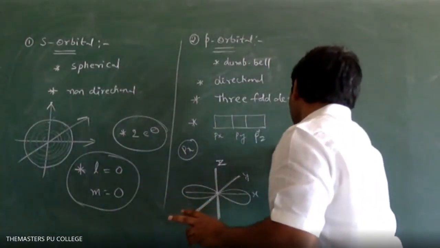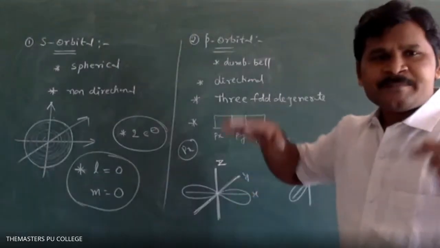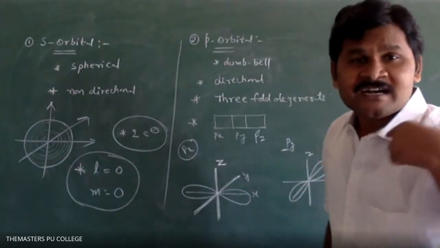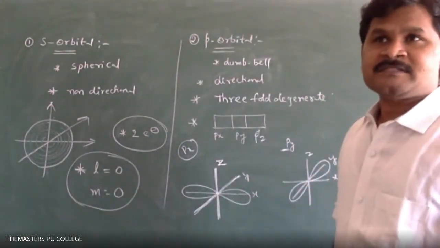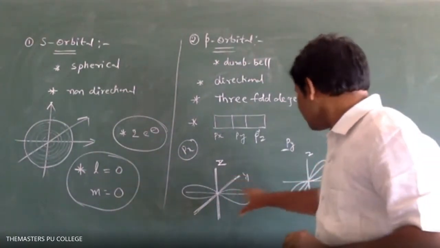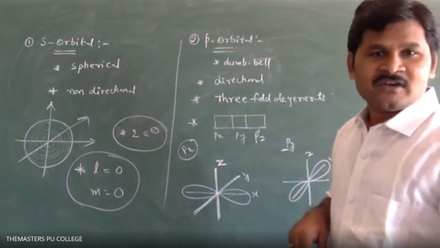Take the py orbital. What is the nodal plane for the py orbital? ZX plane. Now are you clear? Correct, sir. If I am telling px orbital, it means lobes are present on the x axis. You should not think about axis. Plane you have to think. Understood? Plane is different, axis is different. This is the axis. This is the plane. Cutting plane. Okay? Next.